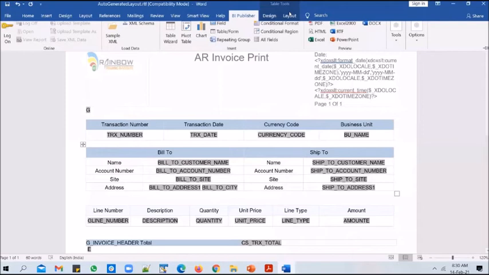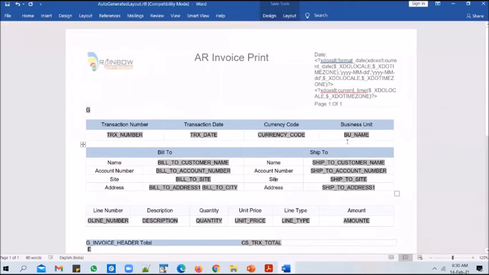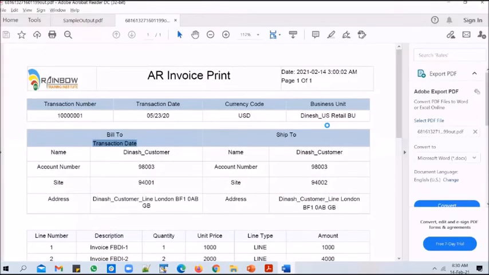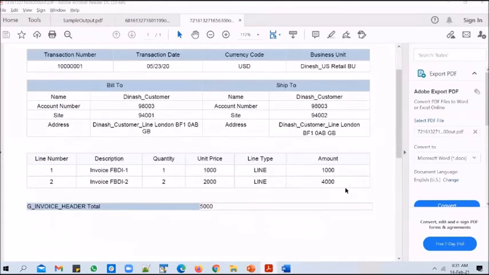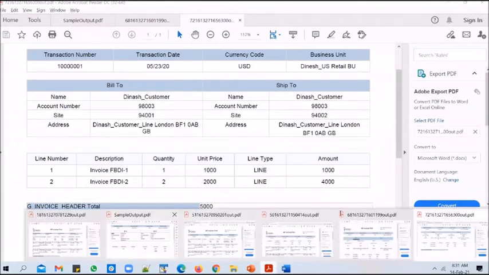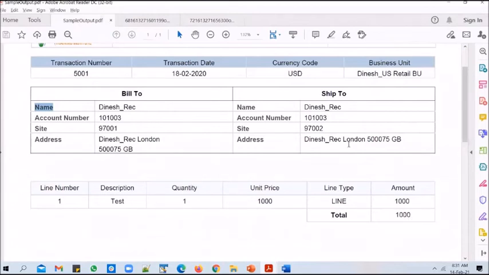Go to BI Publisher and print the output in a PDF document. And what do you see in there? You see that the output is printed now in a format that the client has asked for. So we are printing the bill to details and the ship to details, and we are printing the line section as well. And we will just align the amount as well with the total here. So the customer wants a total to be printed like this.